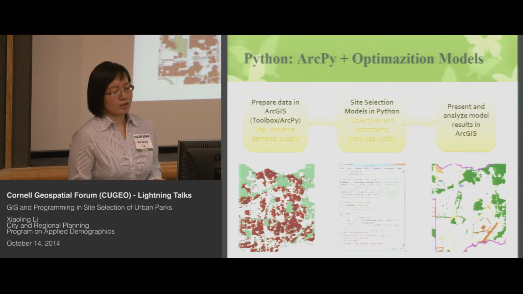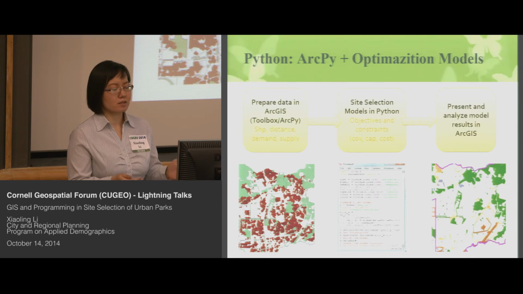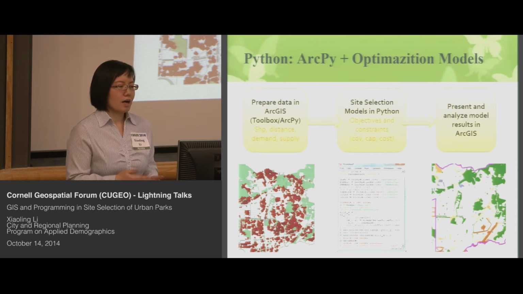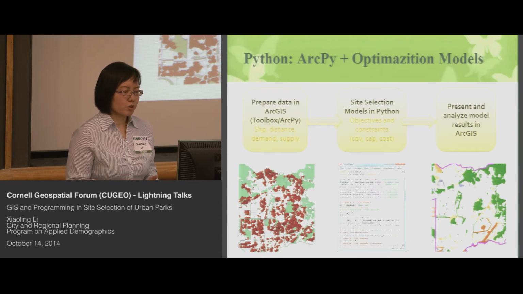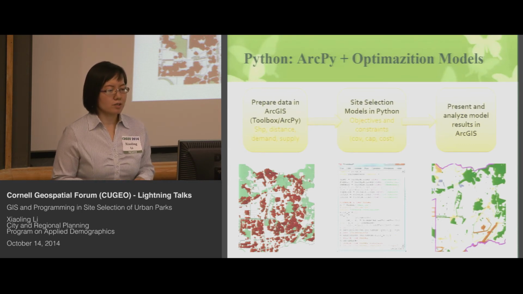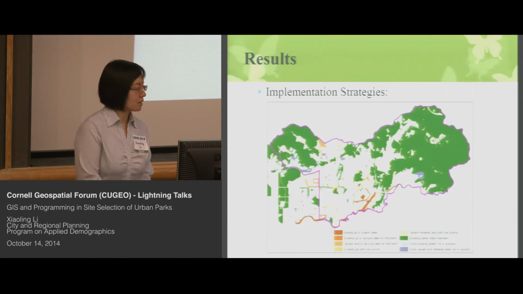For example, we want a certain amount of coverage, or we have a limited budget, or we don't want those green spaces to be too crowded or too occupied. We want certain people to enjoy a certain amount of green space. After we set these objectives and constraints, we run the model and get the model result. And we write these model results back to the shape files so we can present and analyze the model result in ArcGIS. And there are some interesting findings